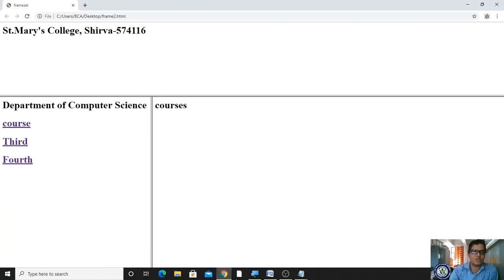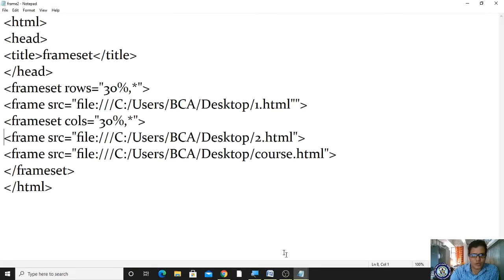Yes, now you are seeing the three parts. If I click this, it has to open here. If I click this, it has to open here. Where do these links exist? In the 2.html file. So if I click here, I have to name this part. Where to name this part? In frames only. I have to name this part, this part, and this part. So for that, I'm opening frame 2 and naming it. What is the name I'm giving for this? This name is title. Okay, that's it.